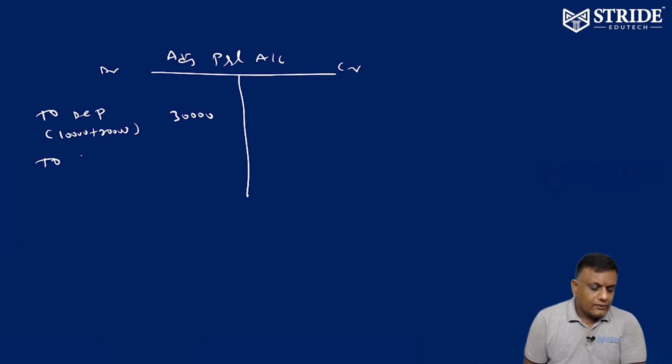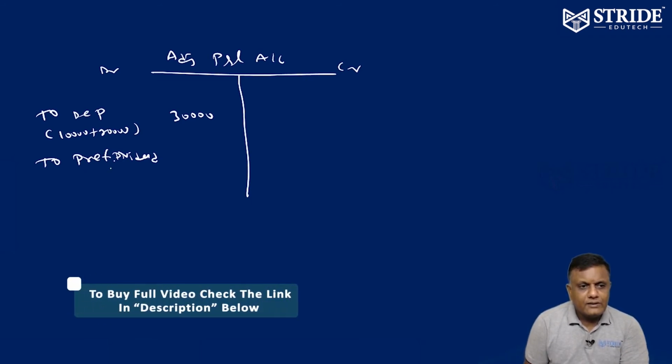Next, preference dividend. They are not mentioning anything about preference dividend. Here we have an option, either we can take it or not take it. Here I am taking it. Once taken, it can be taken to the application of funds also. So preference dividend can be shown in the adjusted P&L account. Similarly, it might have been paid, so we may treat it as an application of funds also. There are two options. If you are going to leave it, you should not post it here, and similarly you should not show it in the application of funds.